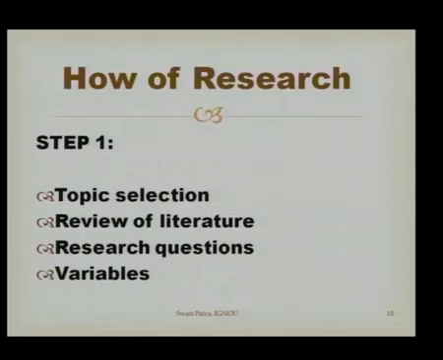So whenever we do research on a particular topic, we have to go back to the theory for this topic. We have to be aware of the different theoretical perspectives related to this particular topic. So review of literature helps you in different ways. One is that it helps you in gaining the theoretical perspective related to the topic that you have selected.